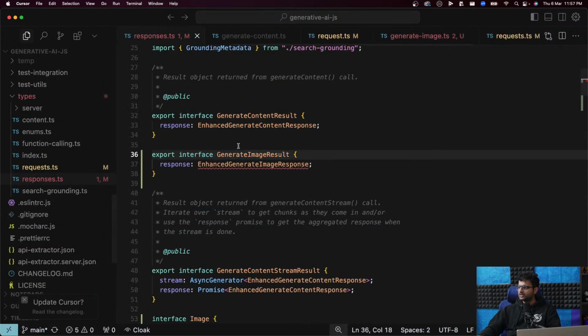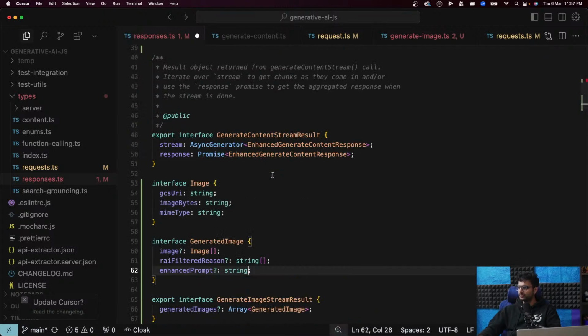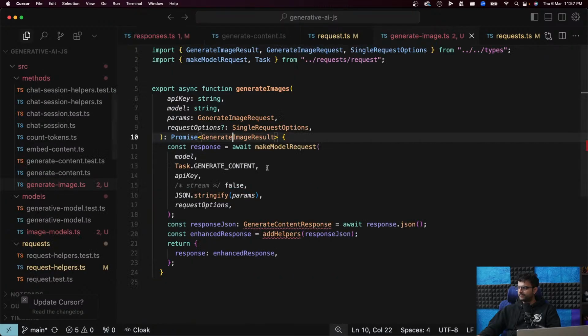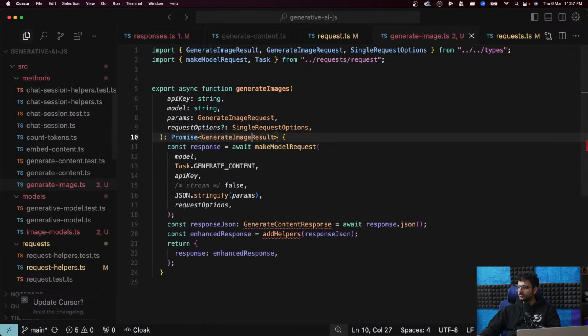Returns image generation result, which is enhanced image generation response, which doesn't appear here. Why is that? Where did I put this, bro? Response.ts.